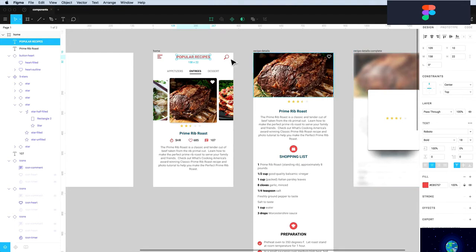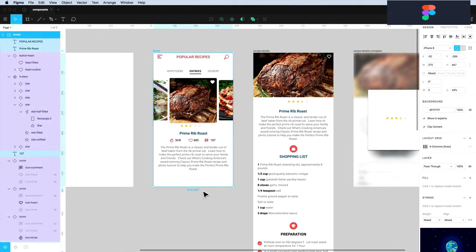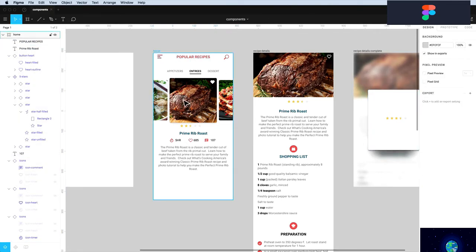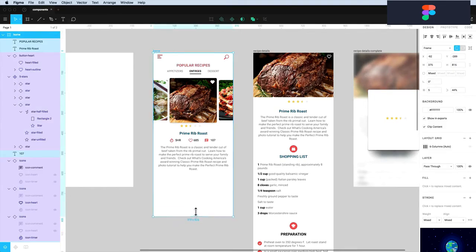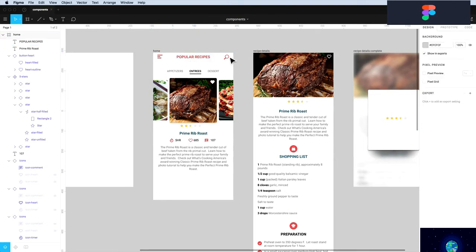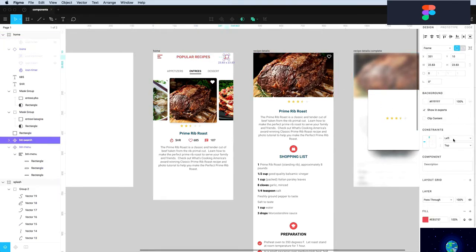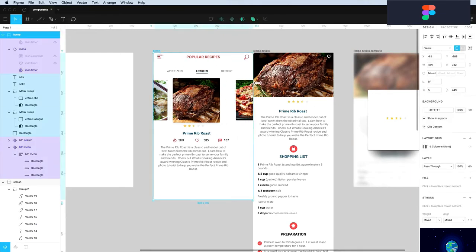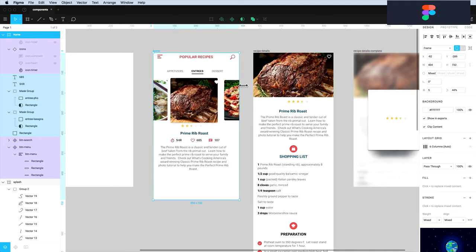and we want it to sit at the top. And sitting at the top means if I scale this down, it's just going to stay there. If I change this to sit at the center, what it's going to do is center this where it's at, here between the top and the bottom. So let's change this back to top center, and then this guy right here is going to be right top. So now we have our header area behaving exactly how it should, and